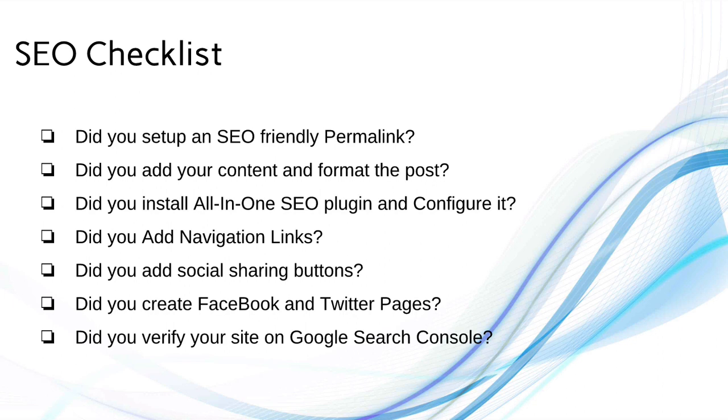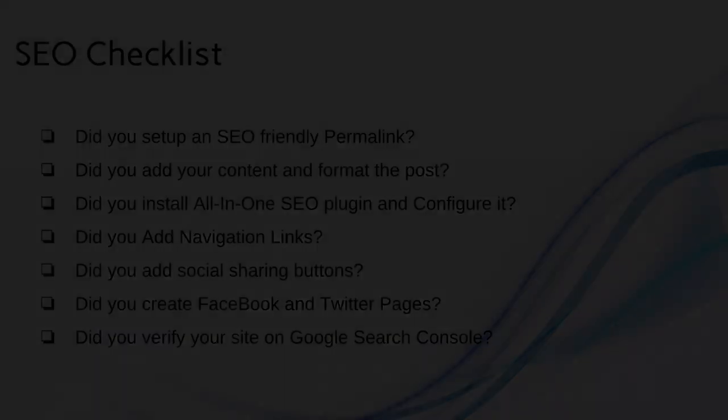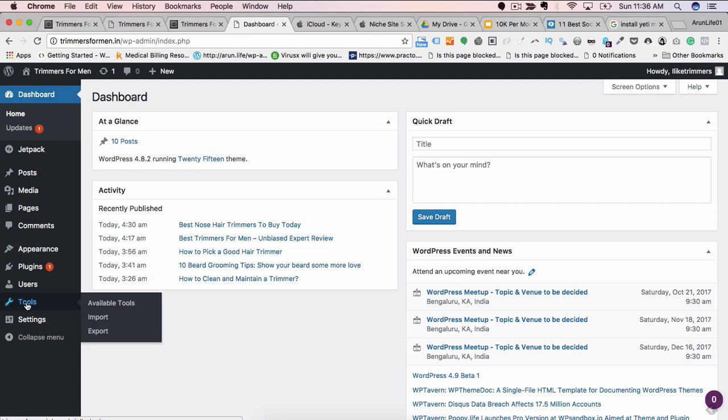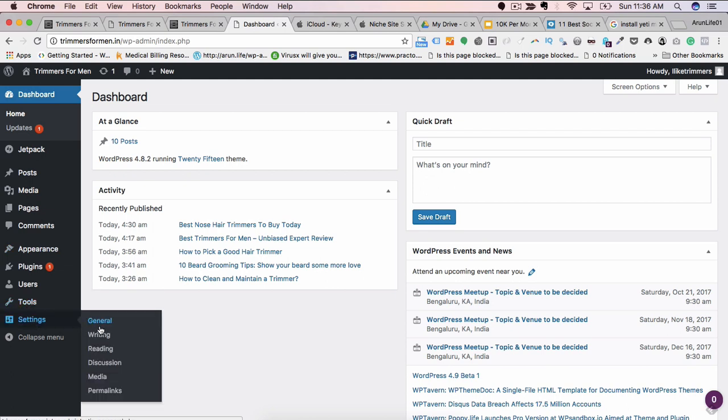I will implement each one of these action items on my own niche website, trimmersformen.in. You can just follow me through. Currently, I am in the Trimmers for Men WordPress dashboard. To implement the SEO friendly permalinks, I will first go to